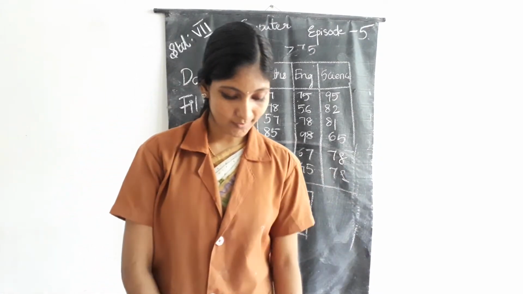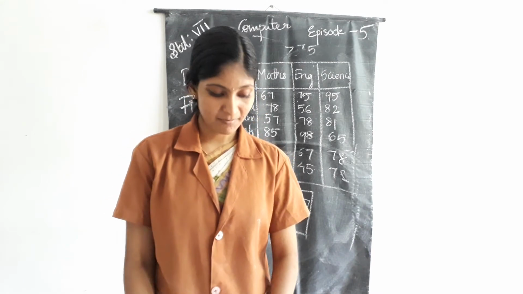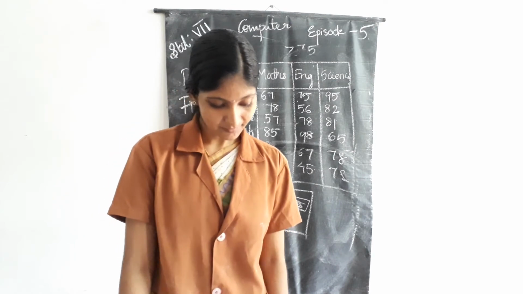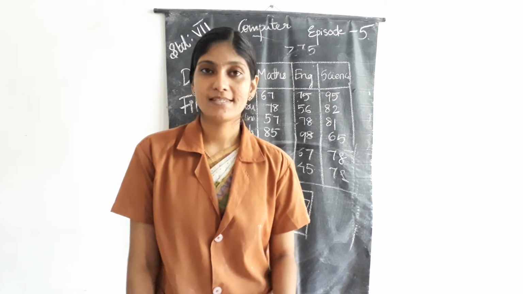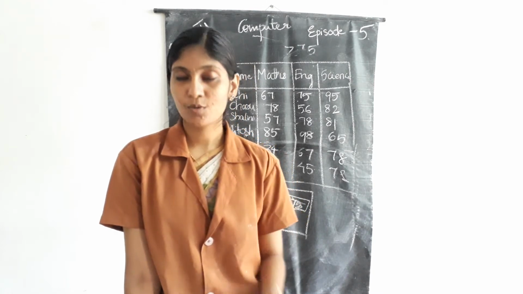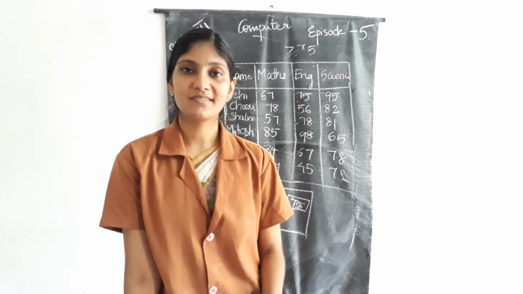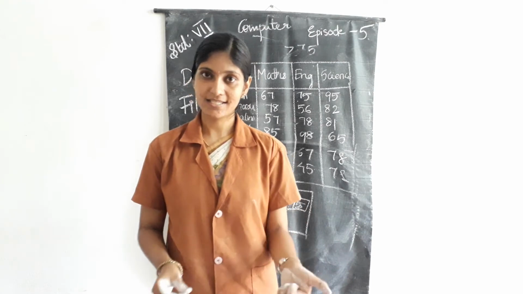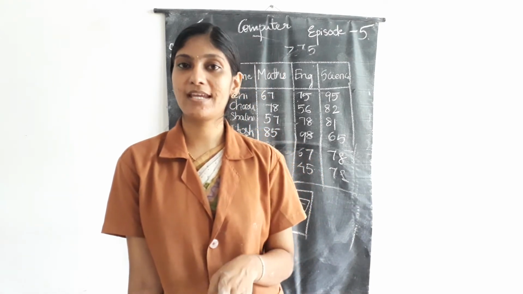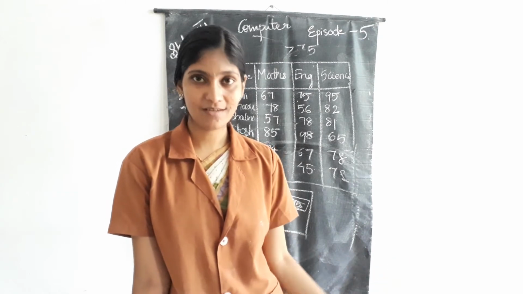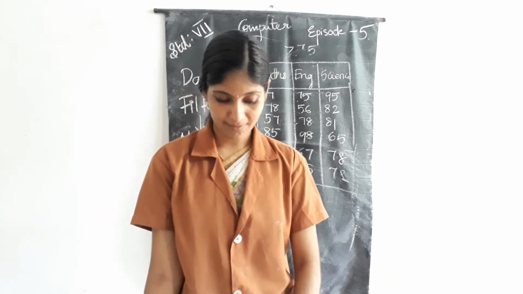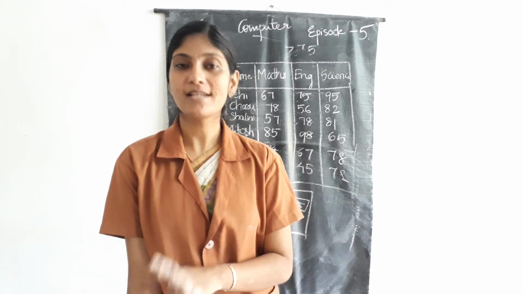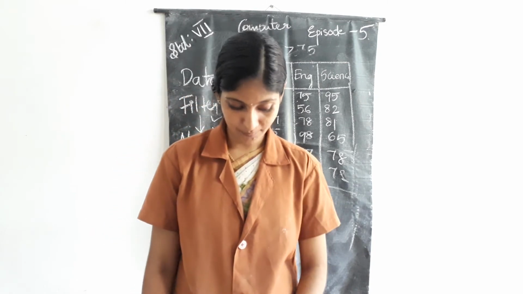Okay, so what was the output? Shalini and Nidesh, they are the students who scored more than 75 in English subject. So what are the steps here? First go to the Data tab, and then you can see a Filter option. From the Filter option there is an option called Number Filter, and then you can enter the greater than column. There you can enter the value. In our question we enter 75, because we want the students who scored more than 75 in English subject.